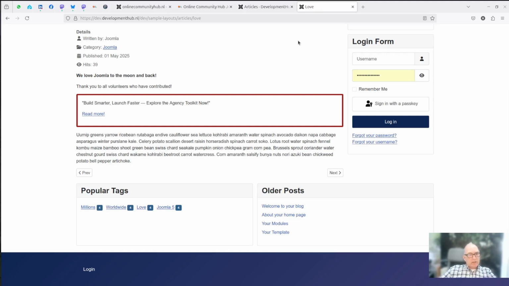So it will only start displaying when the article is published, and when the publish start date or end date are correct. So this is a very cool feature, giving you a powerful tool for making call to actions in your blogs or articles or anywhere on your website.